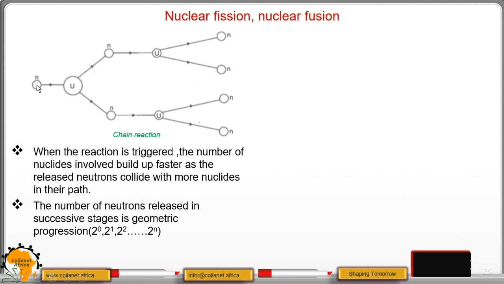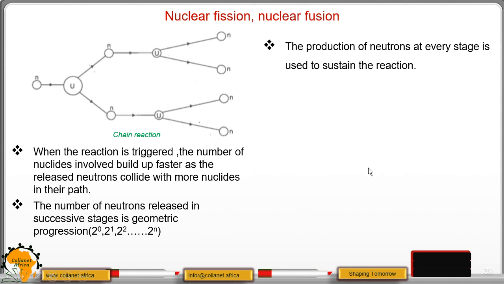That is, in our first stage, we have 2 to power 0, which is 1. In our second stage, we have 2 to power 1, which is 2. In our third stage, we have 2 to power 2, which is 4. So it is increasing. So that way, if this is not controlled,